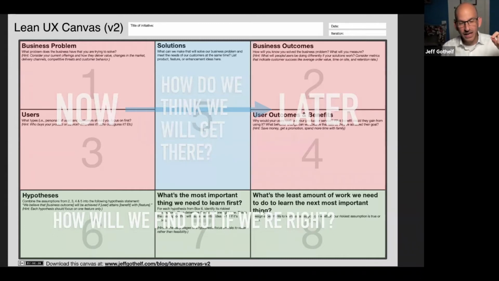And if the ideas that we have achieve the behavior change that we talked about in box number 2, right, then we've delivered value, right? And if those ideas do not change the behavior in the way that we have described in box number 2 as a business outcome, then we have to either kill the idea, right, pivot on the idea, right, maintain the strategy or change the tactics, or decide to persevere